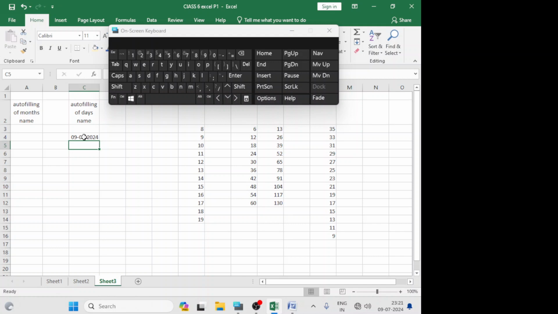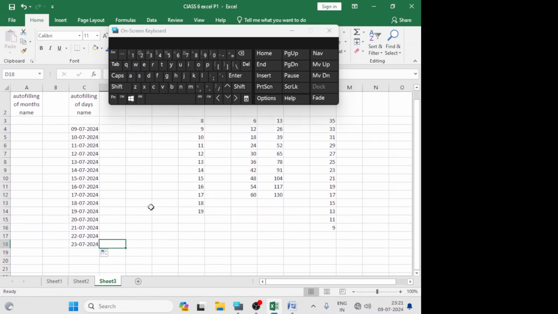Press enter key. Drag from here. Now you see that the dates are coming by 1 gap, means next day 9, 10, 11, 12, all the dates are coming.